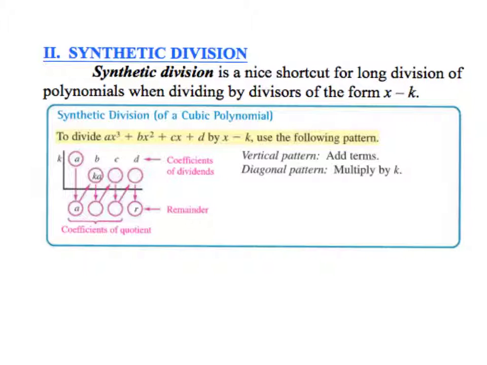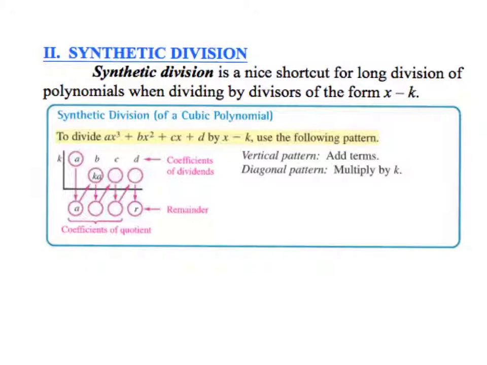Most of you guys remember using synthetic division. It's a lot easier to use than long division because you're only dealing with coefficients and integers and fractions. You're not dealing with variables along with those numbers. So when you're doing this type of problem, if you have a form of x minus k, then that means